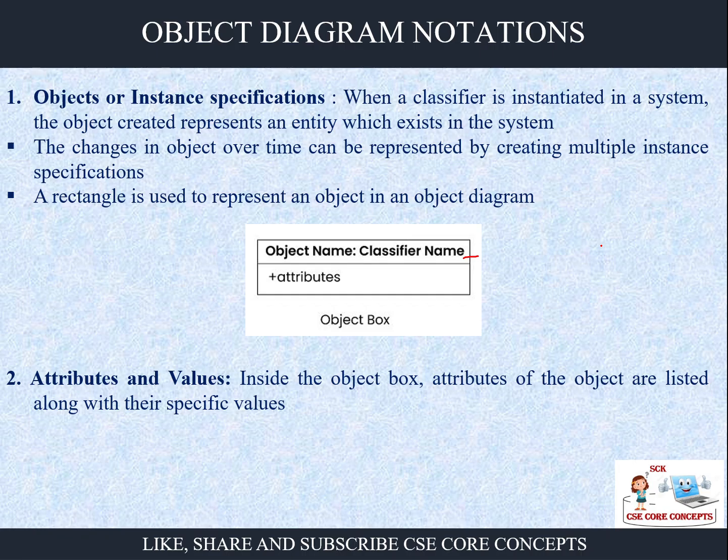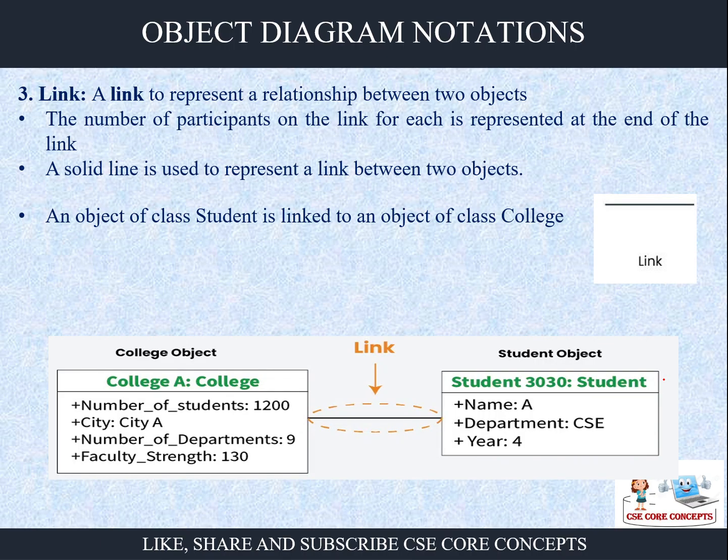Let's say, for example, we are talking about a class Department. Here the object name will be Marketing. So Marketing is an instance of the Department class. Similarly, HR is an instance of the Department class, and the attributes associated with it, so what values it can have, like department ID. So attributes will contain, say, ID 101. That way we can show it in the box. So we are going to show the attributes, the values, and the object specification.